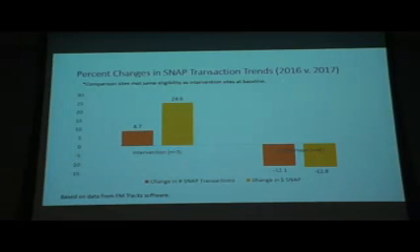We were able to do a comparison from their 2016 sales and numbers to their 2017. And in our 3 intervention markets, there was actually an increase of almost 9% in the number of SNAP transactions. And there was an almost 25% increase in the number of SNAP dollars. In comparison, the markets that were not receiving the intervention had a decline.